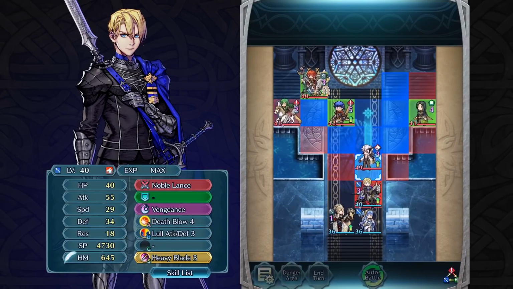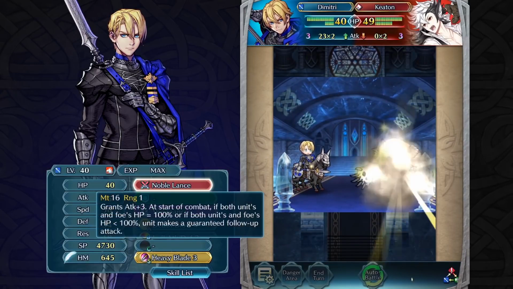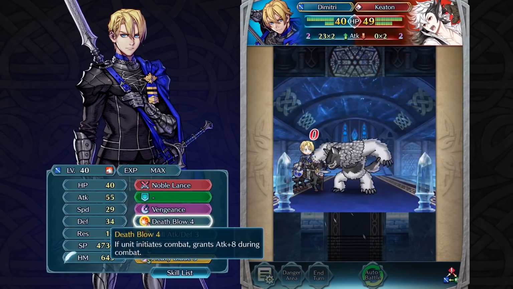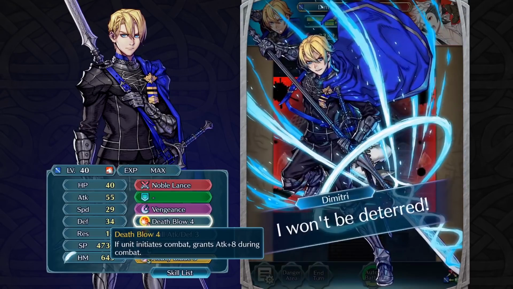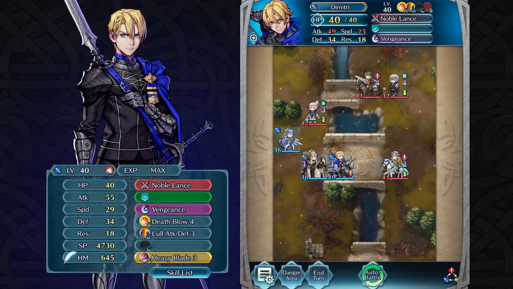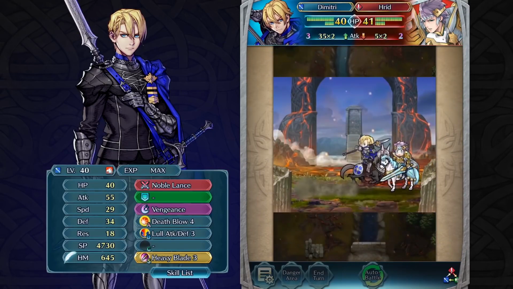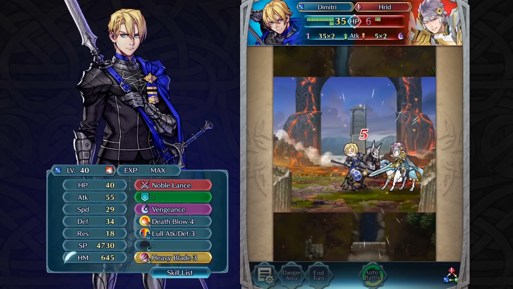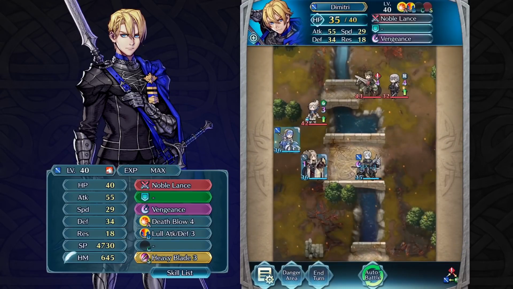In Fire Emblem Heroes, Dimitri boasts a monstrous physical attack with his Noble Lance and Death Blow 4. If used strategically, he can even use it to guarantee a follow-up attack based on the HP values of himself and his foe. He can use this effect to take out tough opponents, like foes with high speed and defense, or foes that can disable a skill that guarantees a special attack, like Creed, Legendary Tiki, Tiki Torpid Dragon, and